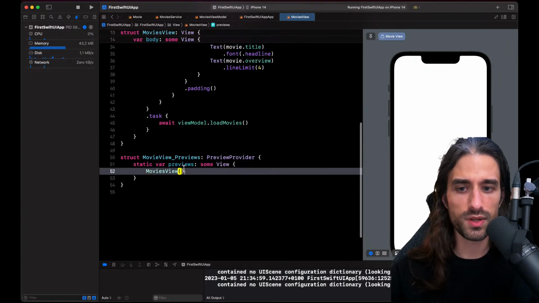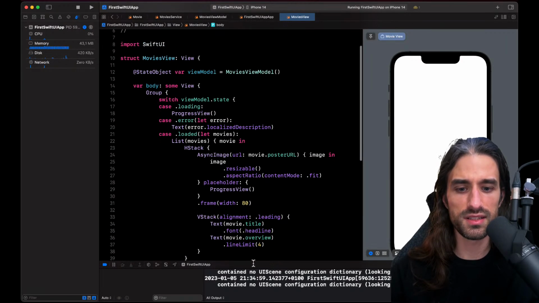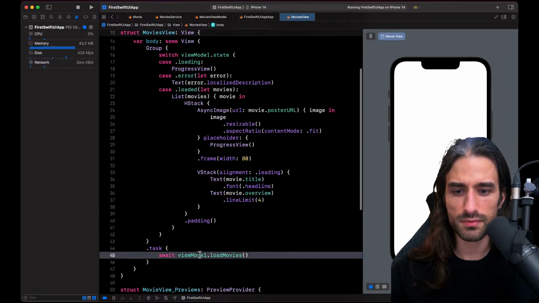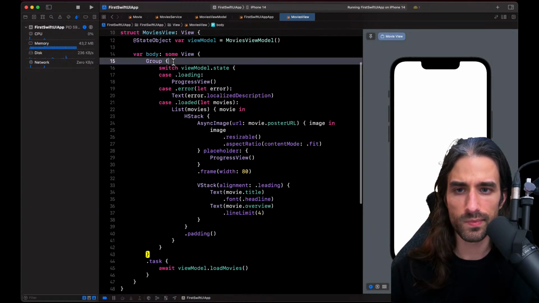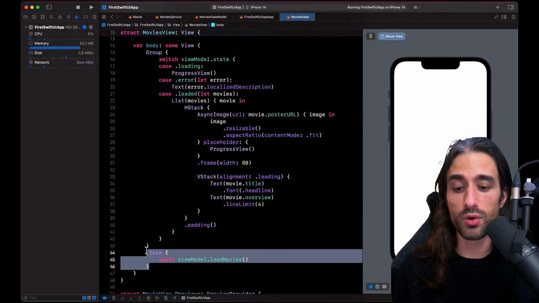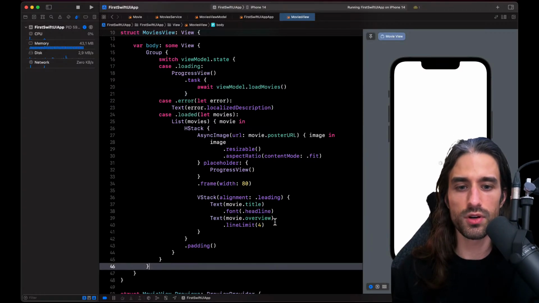If you see, it's because the preview needs the async call. So in the preview, I'm showing the movies view, and normally there is no difference between what's happening in the app and what's happening in the preview. So you know what? What I could also do is simply move this here. Let's see if it has an impact on the preview or not.